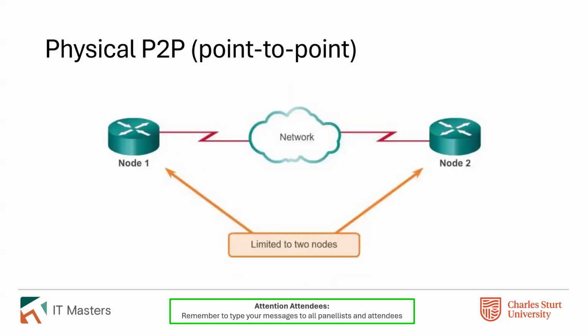What does point-to-point look like from a network configuration point of view? Well, for one, you can only have 2 ends on it. It's a single line, and a line can only have the 2 ends on it, node 1 and node 2. Nice and simple, nice and straightforward, easy to manage, easy to understand, and fundamentally is the building block for every other form of networking.